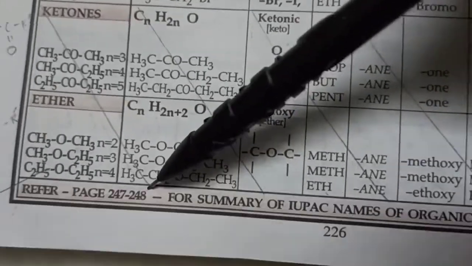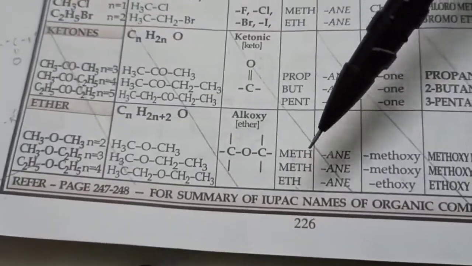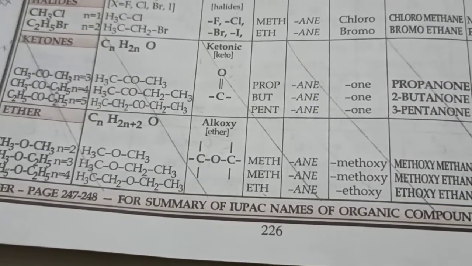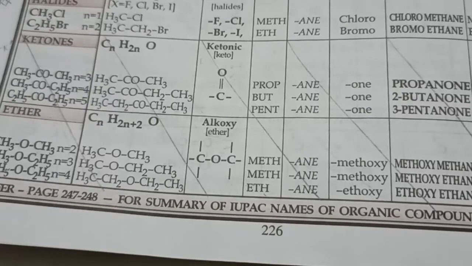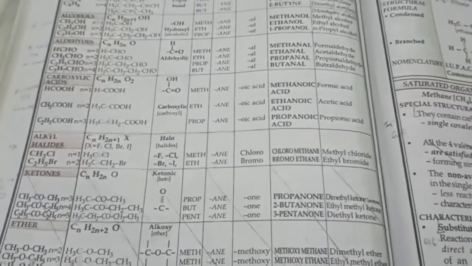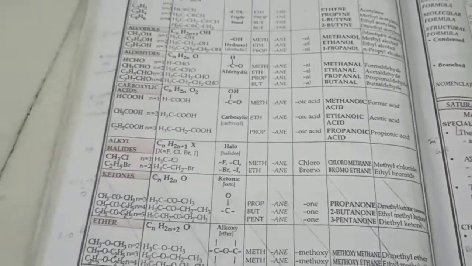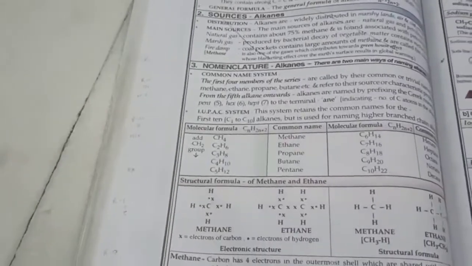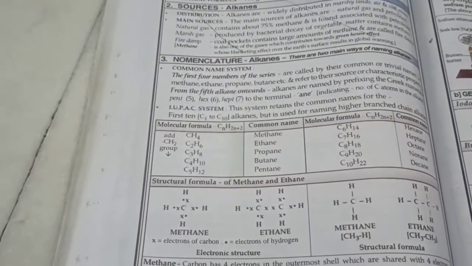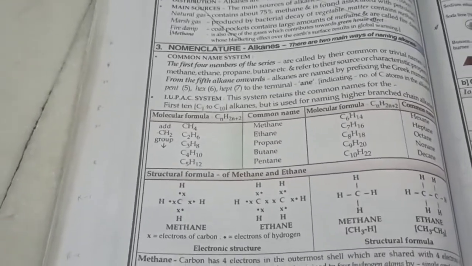Ketones, ethers are cancelled. Page 247, 248, summary, which I've explained, has to be practiced for now. So with this, we finish the major chunk of this chapter, the homologous series, the formulae, the isomers. We stop here. The rest of the chapter will be done in another class. The rest of the chapter is simply quite theoretical and some chemical equations. It's pretty easy comparatively. Just the chemical properties of these substances and some give reasons.